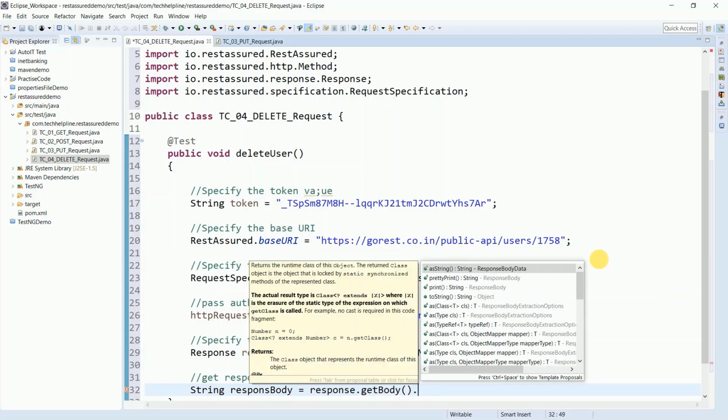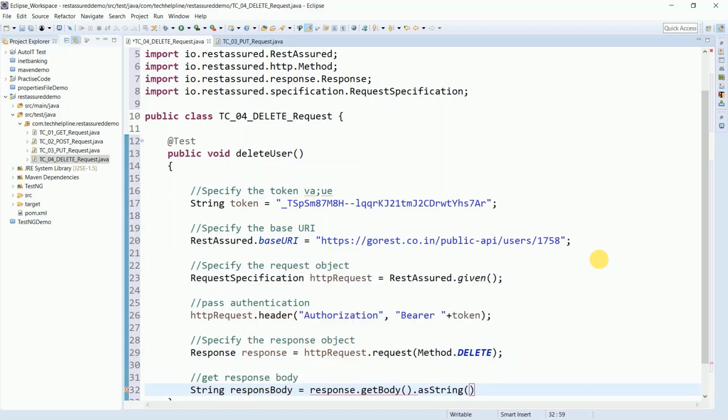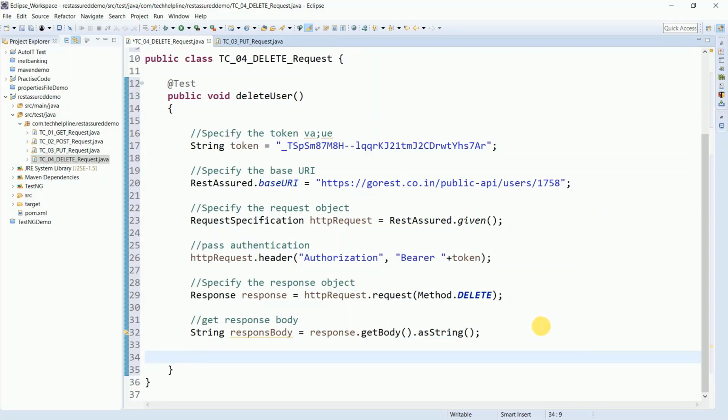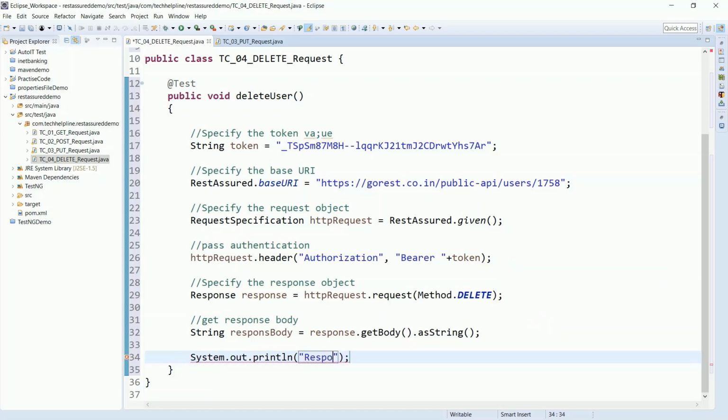So for that we have to get it as a string. Next, we'll just print this response using sysout, responseBody.